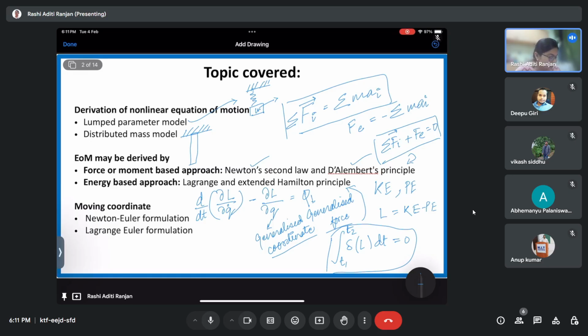In case of extended Hamilton's principle, we also have minus WNC, which is the work done by the non-conservative forces included in it. So if we do not consider this non-conservative part, we call it the Hamilton's principle. If we consider the non-conservative part, we call it the extended Hamilton's principle. Okay. In case of Lagrange equation also, we have a Lagrange equation in which we do not consider the